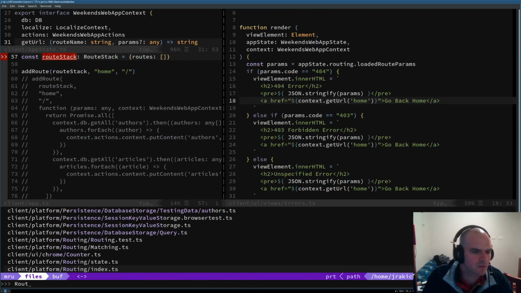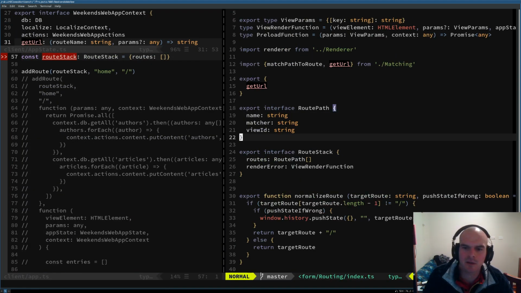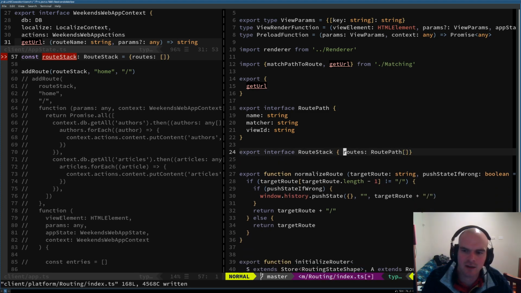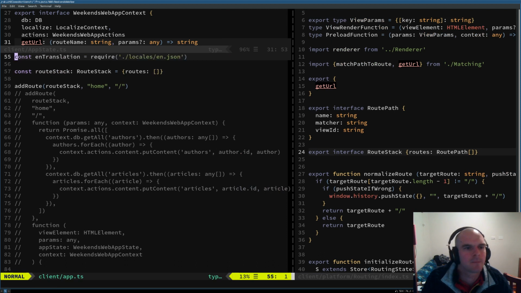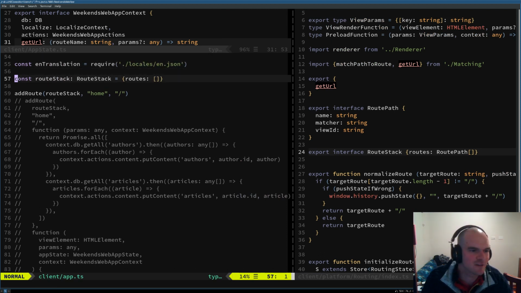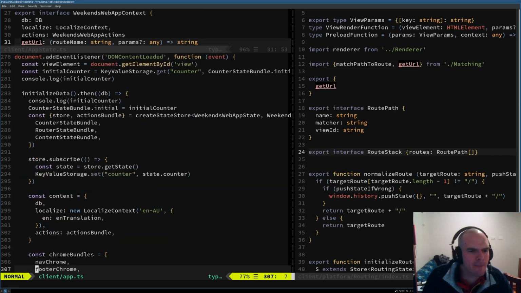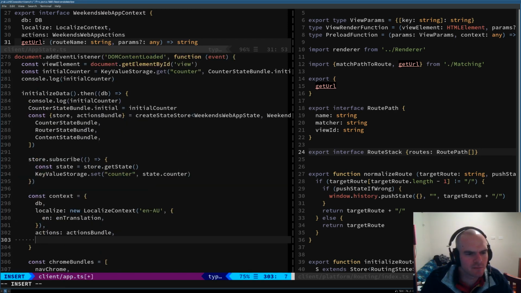But before I do that, I'll just make the types happier about the fact that I don't have the route stack in hand. Turns out the route stack's getting awfully simple now. We might just need an array of route paths, but we'll get there. Okay. So next up, we want to put that little function in here. So what does that function look like? Well,